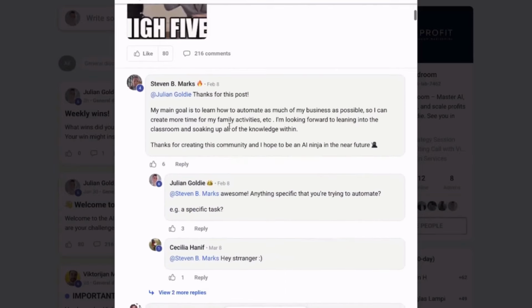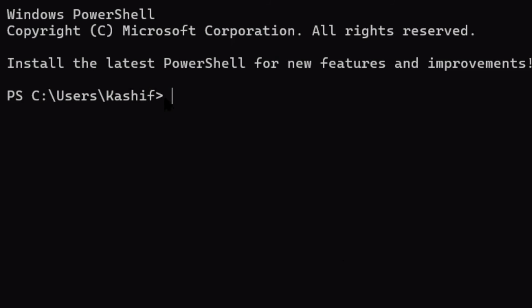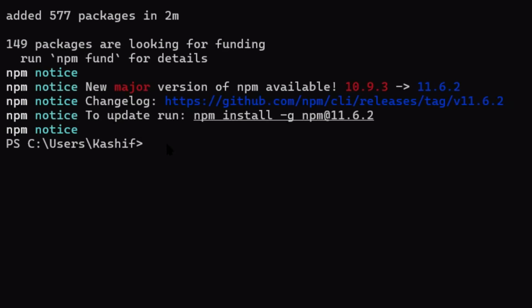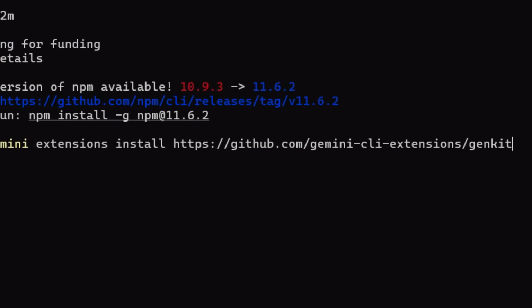All right, let's install this thing. Open your terminal. First, make sure you have Gemini CLI. If you don't, run this command, npm install -g @google/gemini-cli@latest. Hit enter, wait for it to install. Takes like 30 seconds. Now, here's the magic command. gemini extensions install